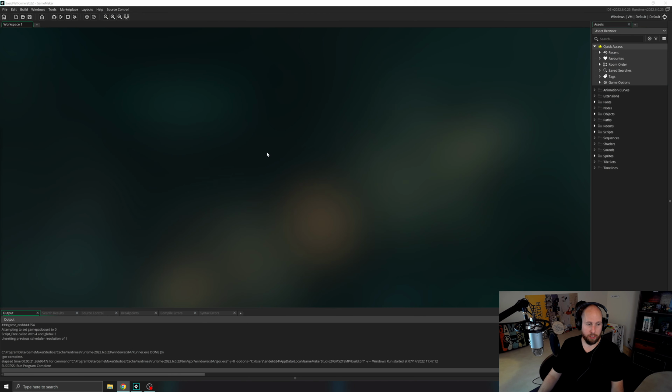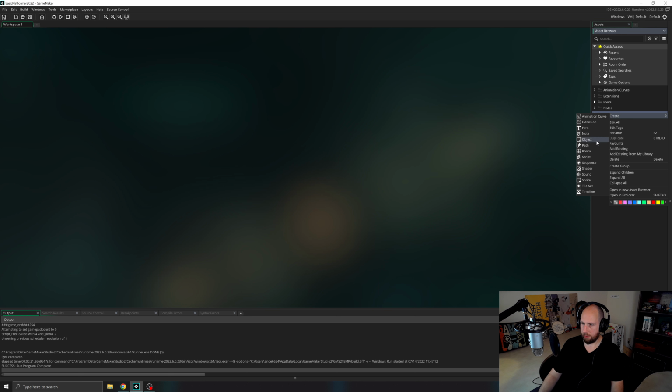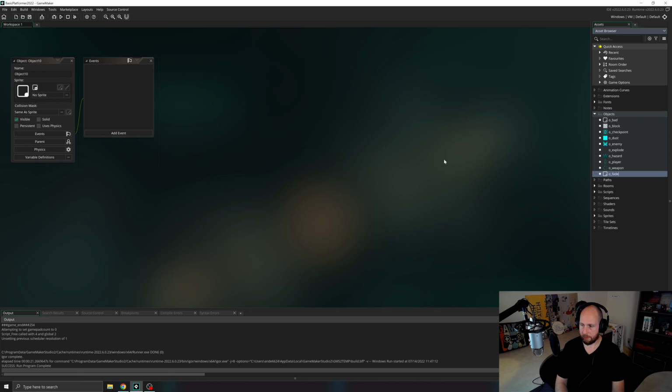So we're going to build a system in a script with a transition object that will appear to black out the screen whenever we want it. So first, create a new object called oFade. And in its create event,